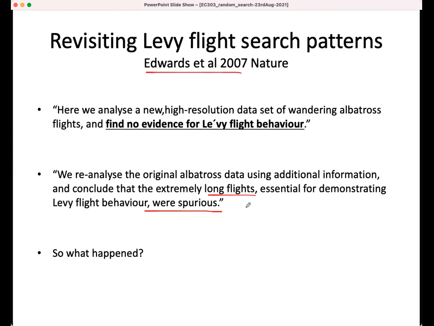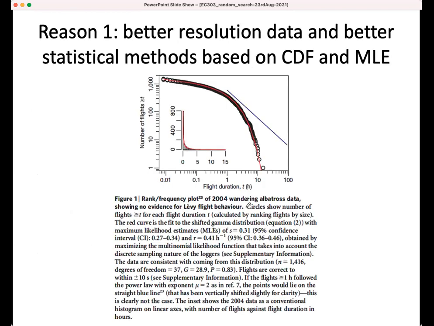What they thought was a long flight was basically this: somewhere in the ocean, the birds would fly, come near the shore, sit, and then go back, right? So it was actually two short segments plus a lot of sitting time on the land. But this was counted as a long flight, and because of that, a lot of long flights that went into the analysis were spurious. And I have anyway told you that their x-axis ranges were really not huge either, right? So put these two together with better statistical analysis,